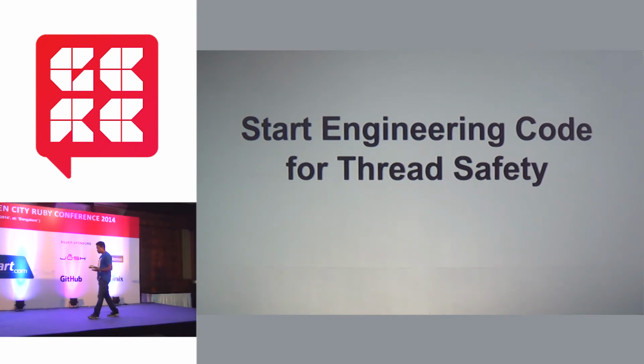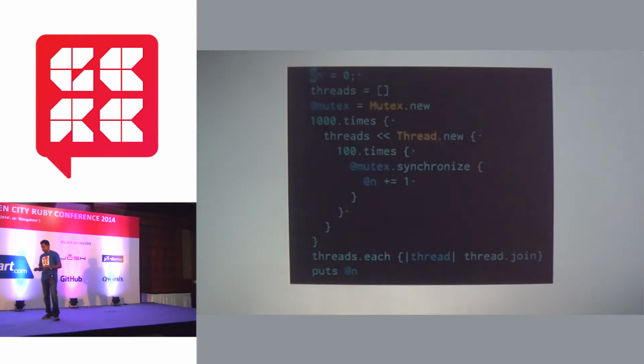And who knows, we might have true parallelism very soon, right? So why still stay in the same mental block that we don't want to write thread safe code because it's anyway single threaded? We might as well get into the mindset of writing proper thread safe code and try and probably come up with a memory model. But for now, we just start engineering code for thread safety. Simple mutex.